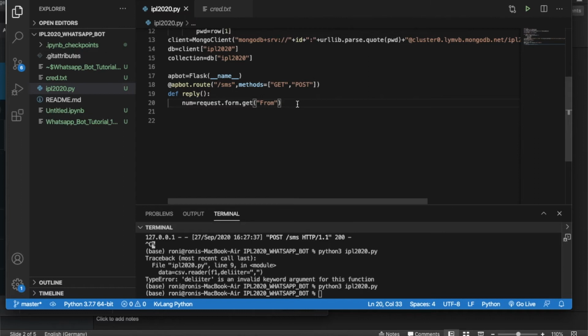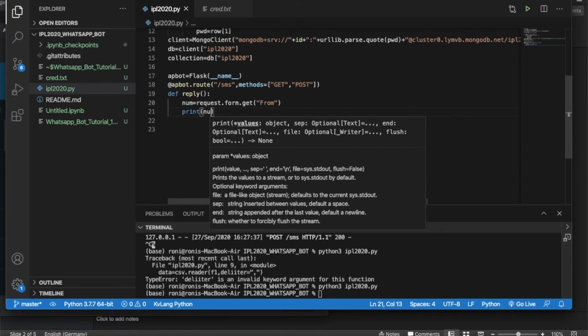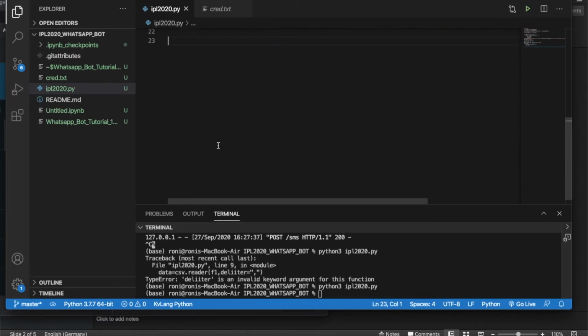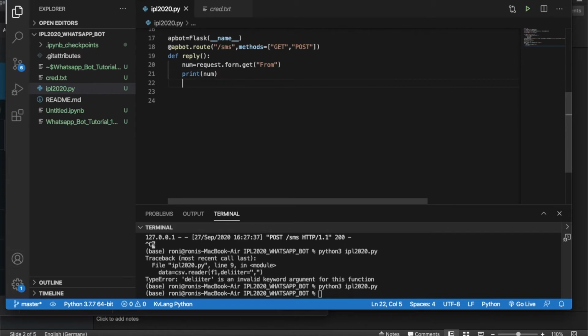And after that I'll try to print this just to check if everything is working fine or not. Once everything is done, I'll just return something. Let's return, let's say okay, right?